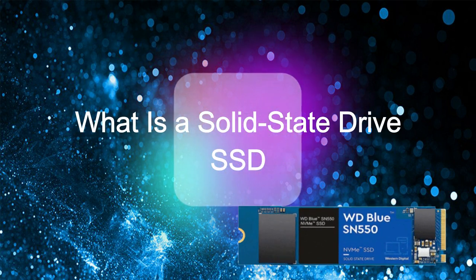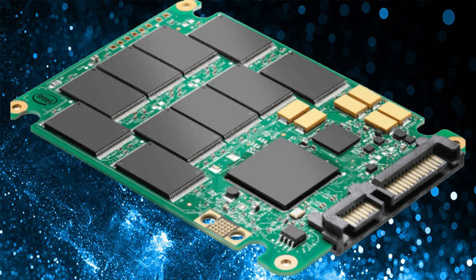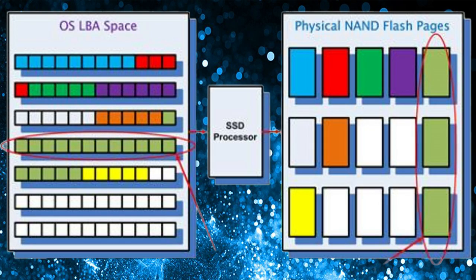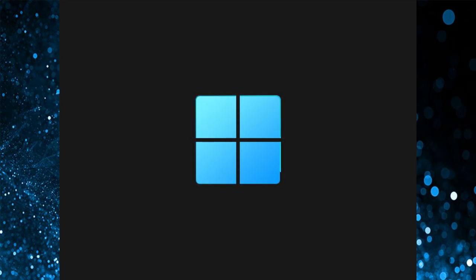What is a solid-state drive, SSD? A solid-state drive, SSD, is a new generation of storage device used in computers. SSDs store data using flash-based memory, which is much faster than the traditional hard disks they've come to replace. SSDs also have no moving parts, and upgrading to one is a great way to speed up your computer and